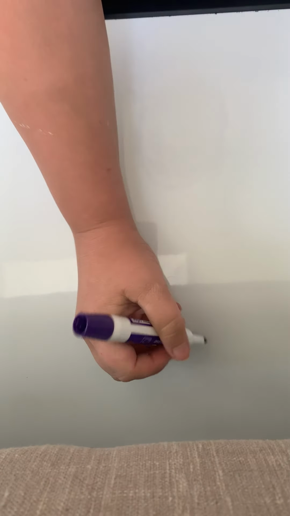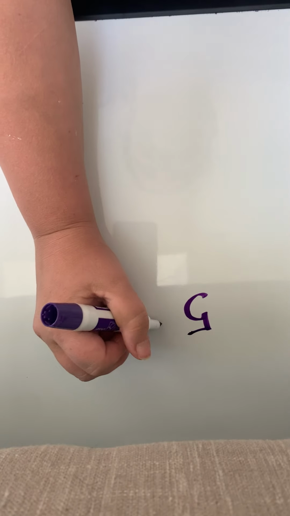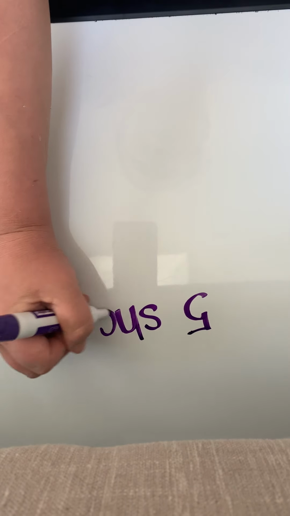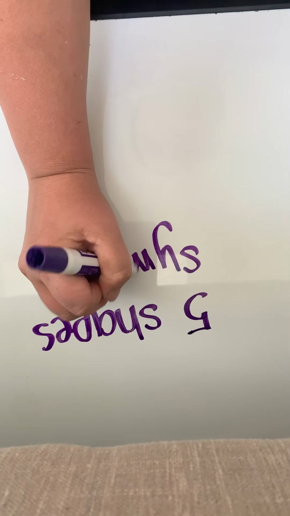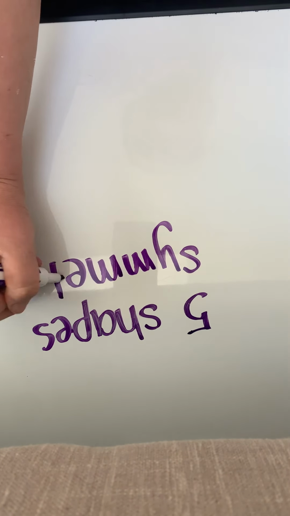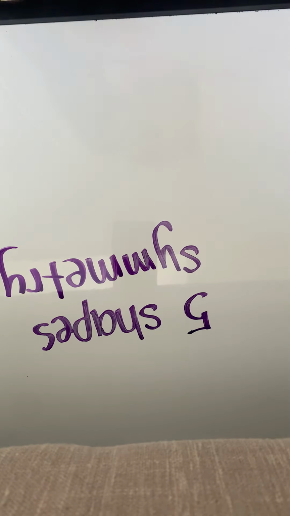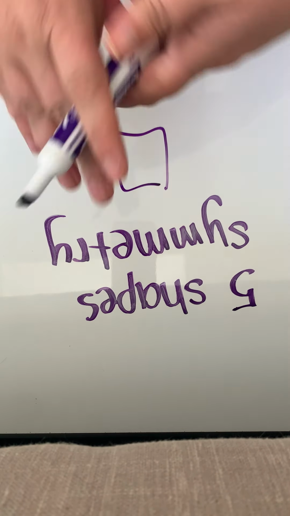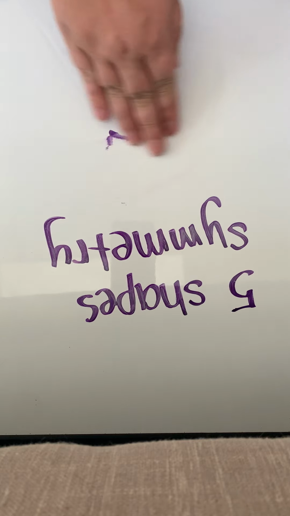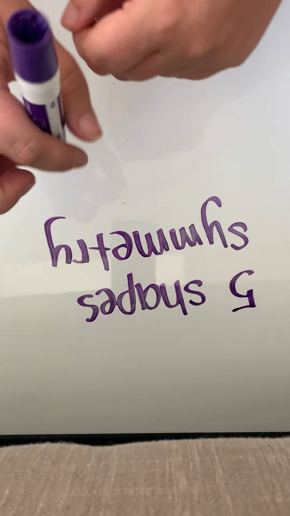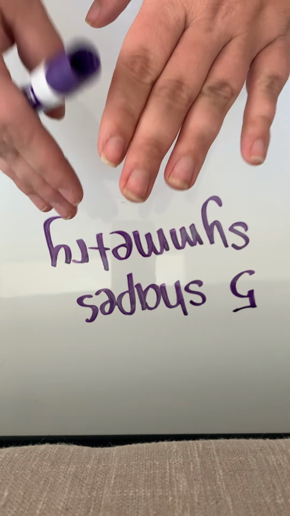I would like for you to go around your house and find 5 shapes that have a line of symmetry. They could be outside, like leaves. They could be inside, like pieces of paper, oven mitts, the square ones. Okay, I want you to go find 5 shapes around your house with lines of symmetry that are symmetrical, and